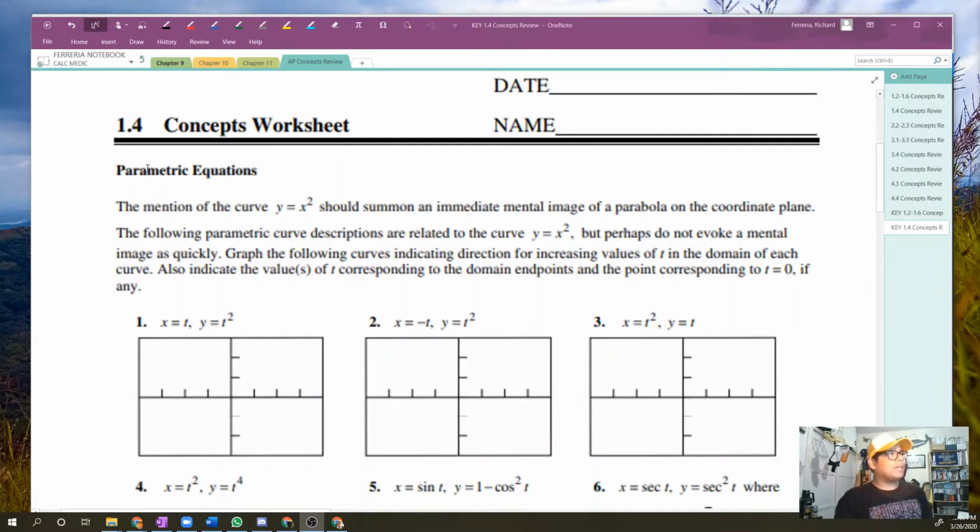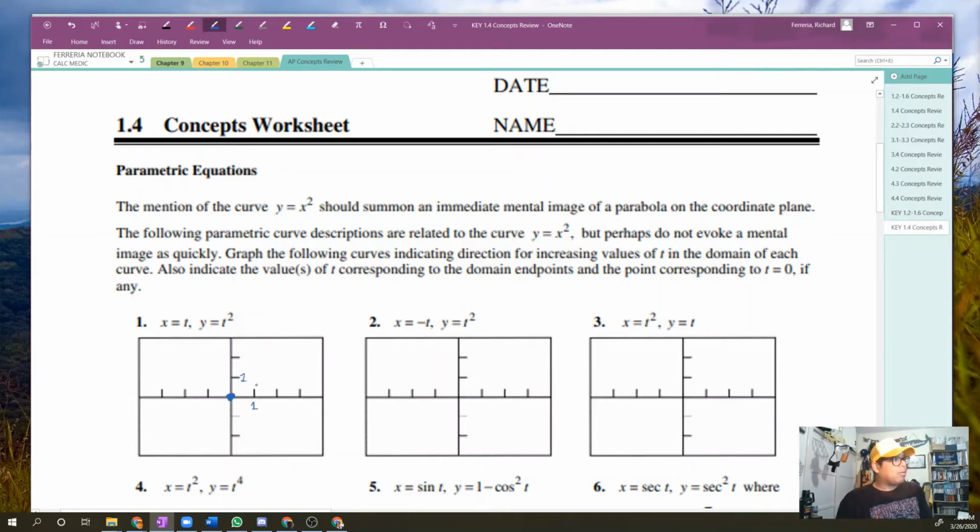So this first one is just going to get us started. When t equals 0, that's probably a good place for us to start on all of these. When t equals 0, the x-coordinate is 0 and the y-coordinate is equal to 0. As t increases, the x-coordinate also increases because x is the same thing as t. And as t decreases, the x-coordinate is also going to decrease. Now y is equal to t squared. So we'll just do a few of these. When t equals 1,